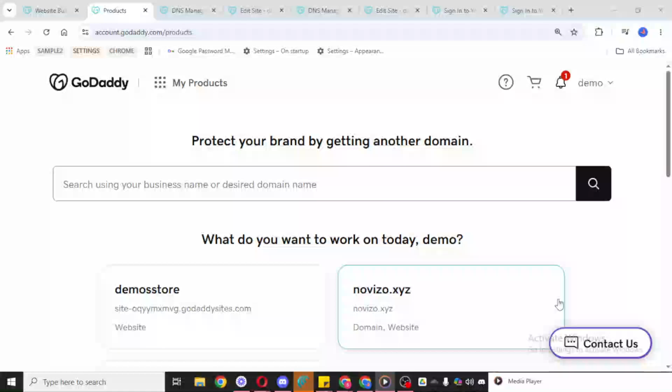In today's video, I'm going to teach you how to set up an IP address for a domain in GoDaddy. If you want your domain to point to a specific server or hosting account, updating the DNS settings is the key step. In this walkthrough, I'll show you how to add an A record in GoDaddy so your domain connects to the correct IP address.